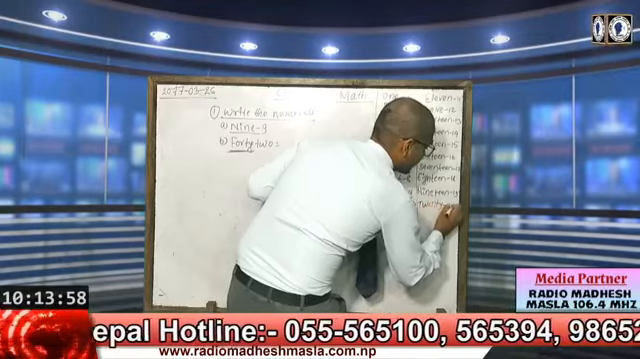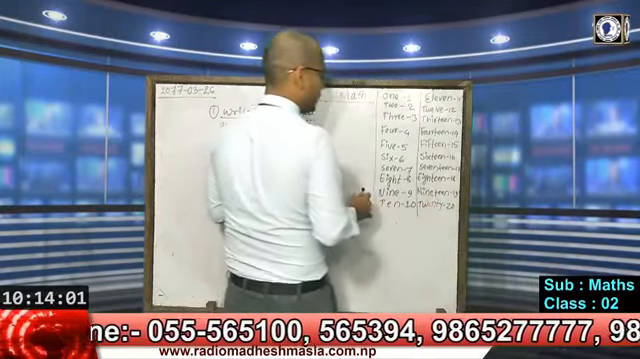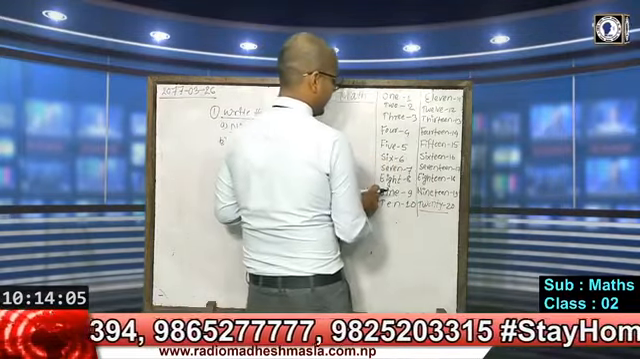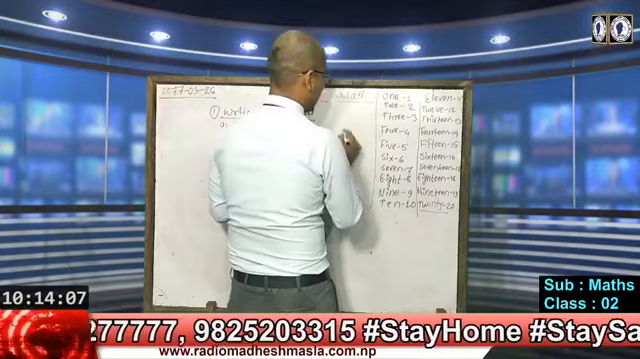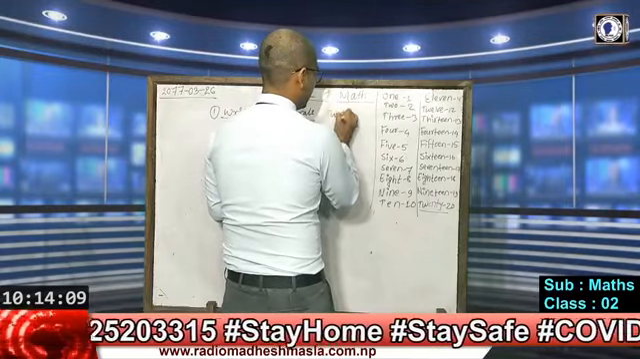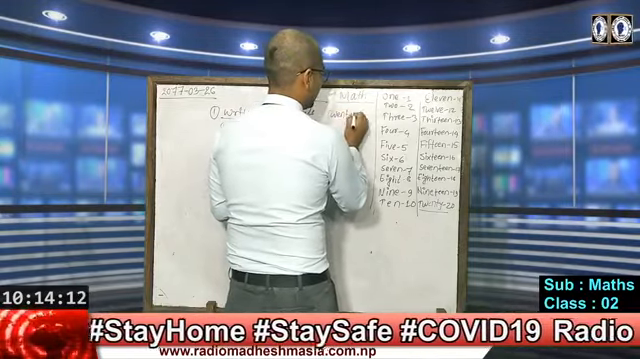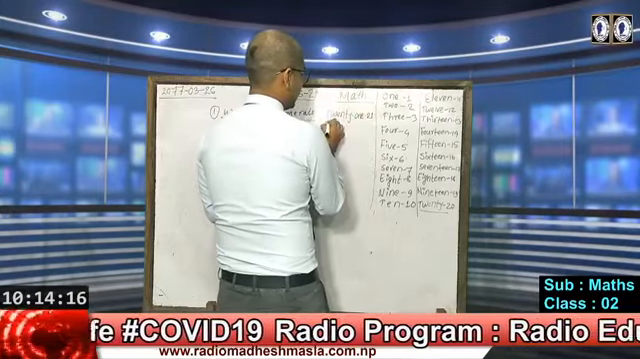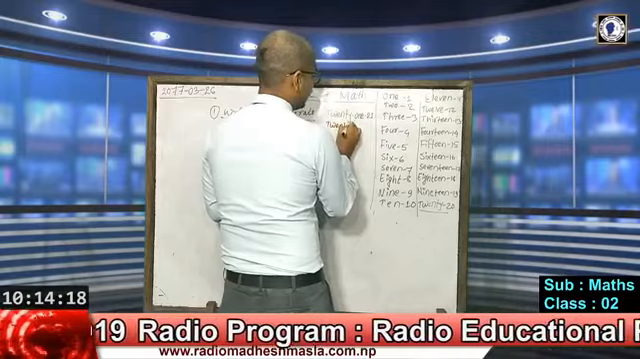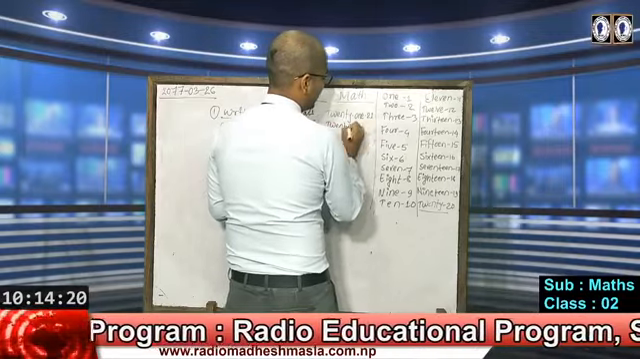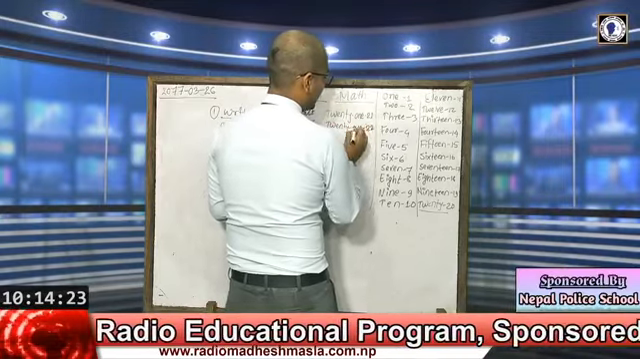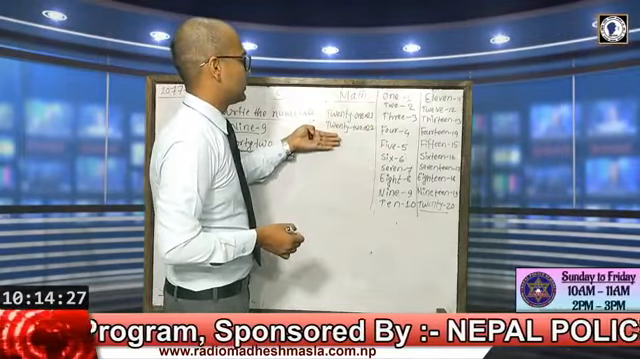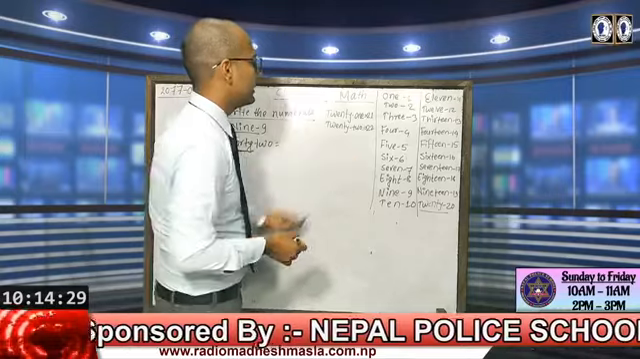T-W-E-N-T-Y 20. Then we add 1 to 9 with 20 like this: T-W-E-N-T-Y 20 and O-N-E 1 makes 21. In this way, T-W-E-N-T-Y and T-W-O 2 makes 22. In this way, we write with 20 from 1 to 9. Then after,